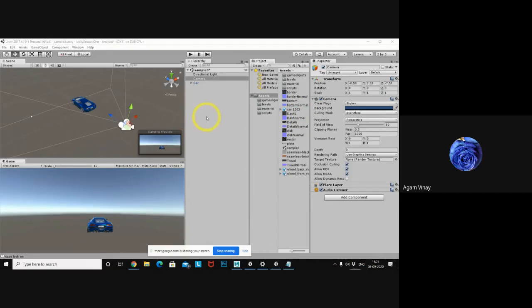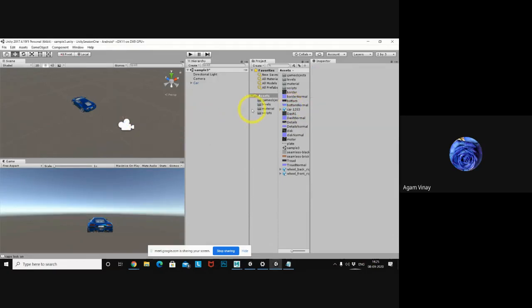Okay. Coming to scripting: how to create a script, how to add a script to the game object, how to access the game object using a script. Okay. Before that, I want to explain some little basic things regarding scripting, like variables and control statements. You already know, but some rough introduction to this.